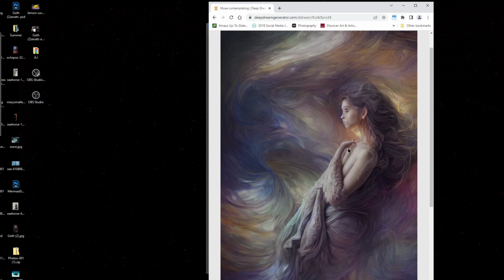A lot of times the hand will have 8, 10 fingers on one hand, or there'll be multiple arms. So this one wasn't bad, but it needed fixing, and I really liked it. So that's when I decided that I was going to bring this over into Photoshop, and